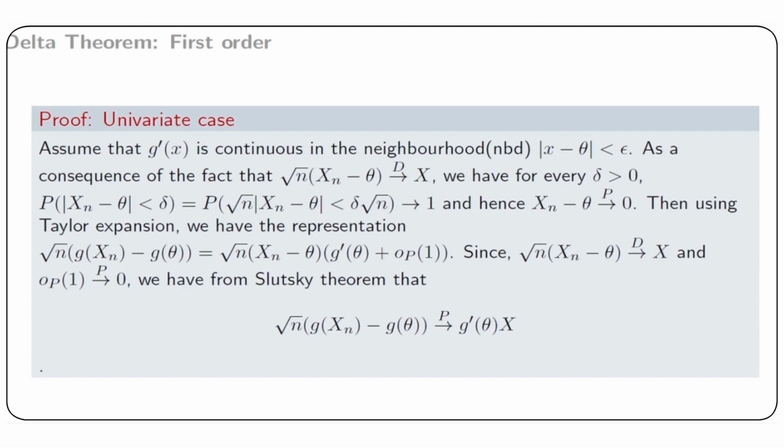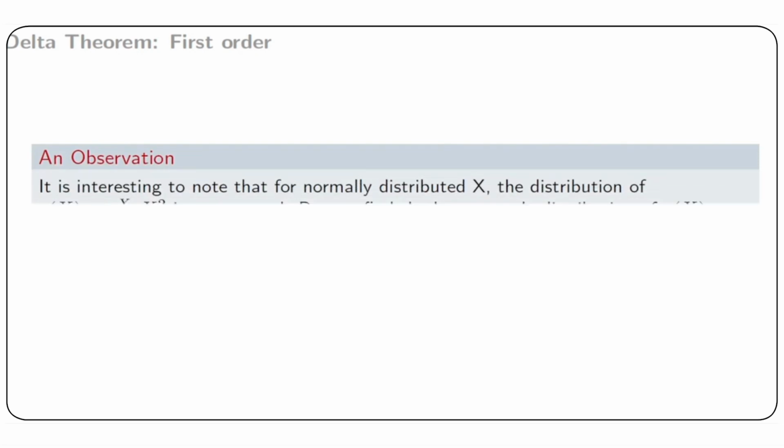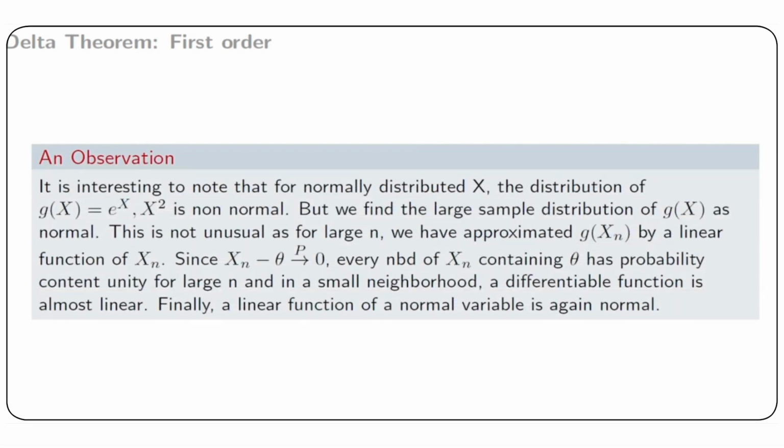So let us quickly observe some points in this proof. First of all, it is interesting to note that for normally distributed X, the distribution of g(X), where g(X) may be e to the power X or X square, is non-normal. For e to the power X, the distribution is log normal, and for X square it is non-central chi-square or central chi-square. But we find that the large sample distribution of g(Xn) is normal whenever the function g satisfies